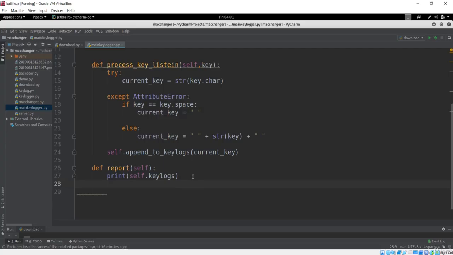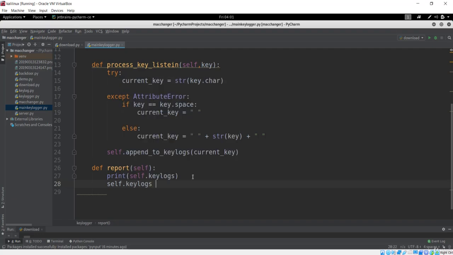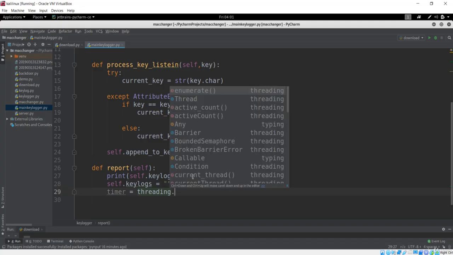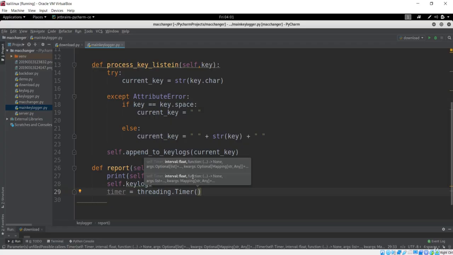Next thing I want is, after you print everything, in the next loop it should be empty, because we don't want repetition of the same keylogs. And the next one is, let me use threading. Let's make a timer to execute this keylog. I'll say threading dot Timer, which is the module that is going to take first the time in seconds that this is going to execute.